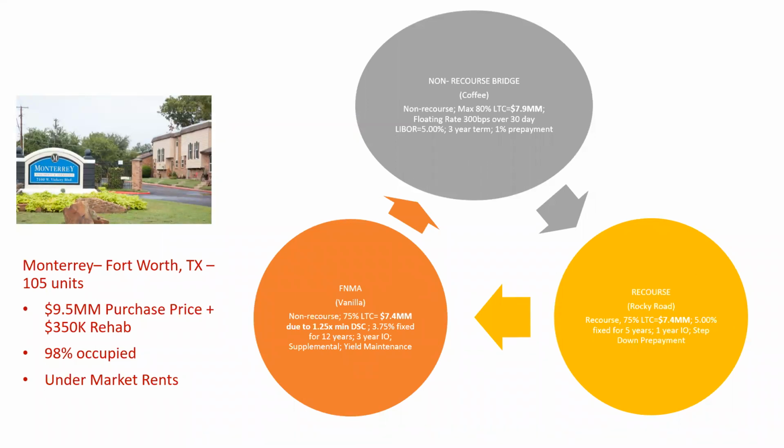Non-recourse bridge, they could get probably about 500,000 more in loan proceeds, but the interest rate was lower. So as you go above 5 million, there's just more loan providers for these products. And so it was close to a 5% rate. And then on the recourse side, similar loan proceeds, about 75% loan to cost, but the interest rate was 5%.